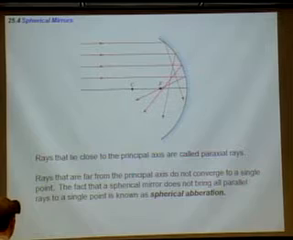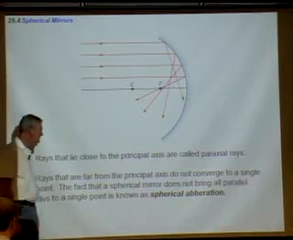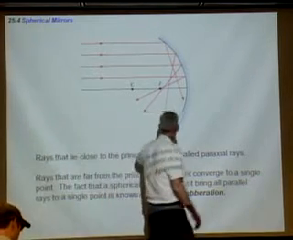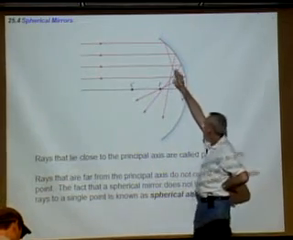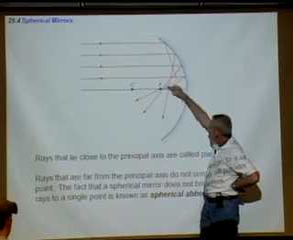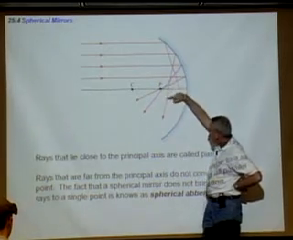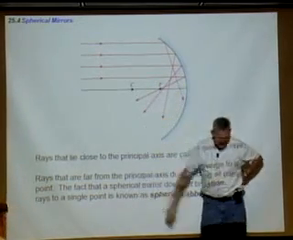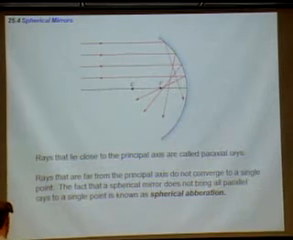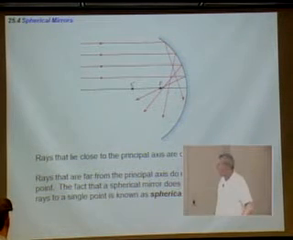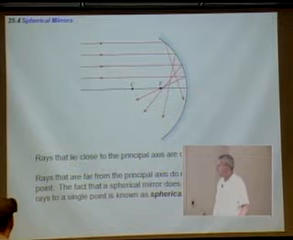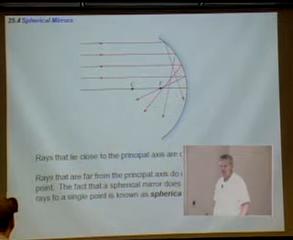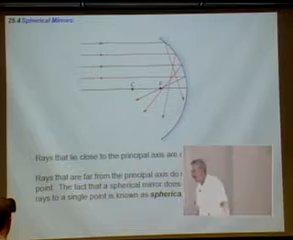Okay, now notice what happens. Only a few of these parallel rays bring the ray right through that focal point, okay? That's the nature of spherical mirrors. You get this aberration type thing, okay? In other words, it's very diffuse. It's diffused out. However,